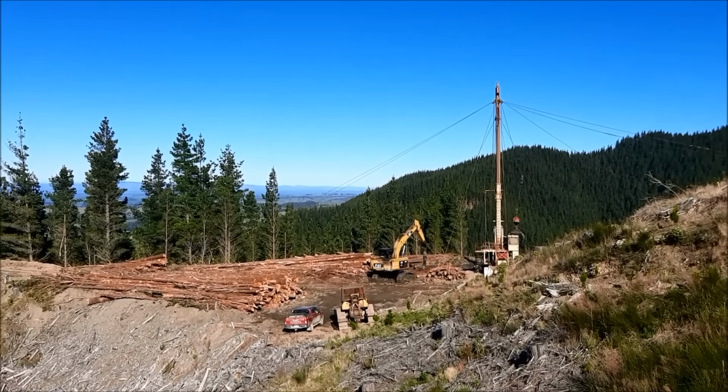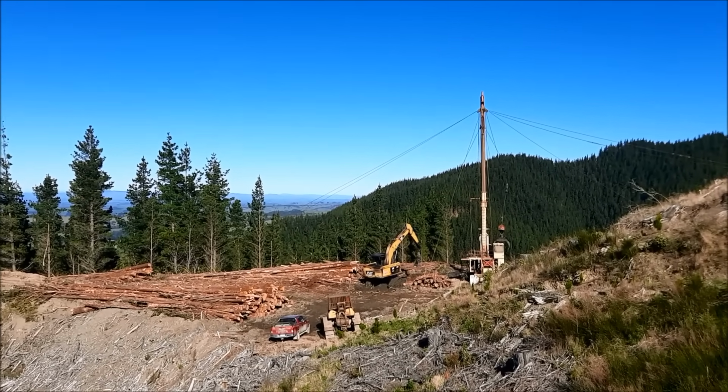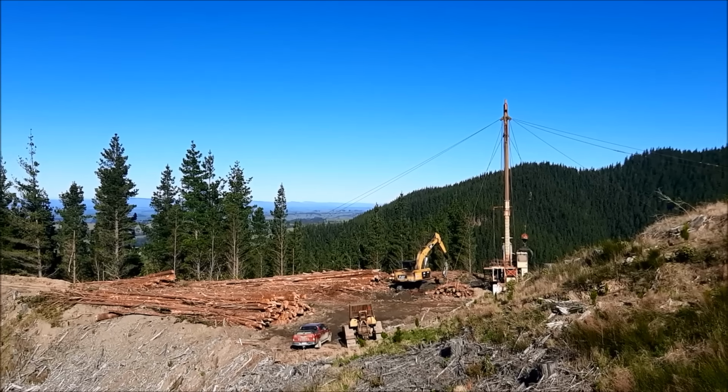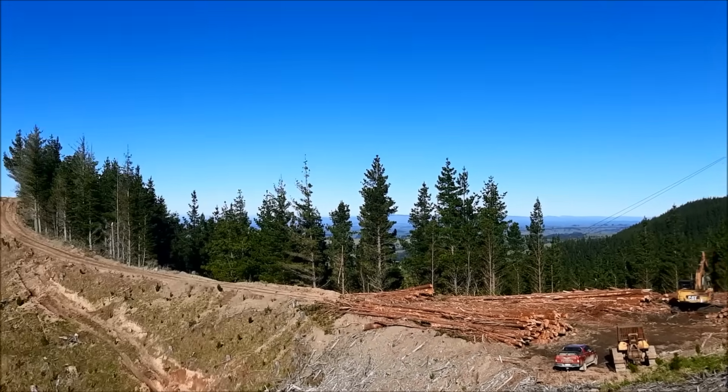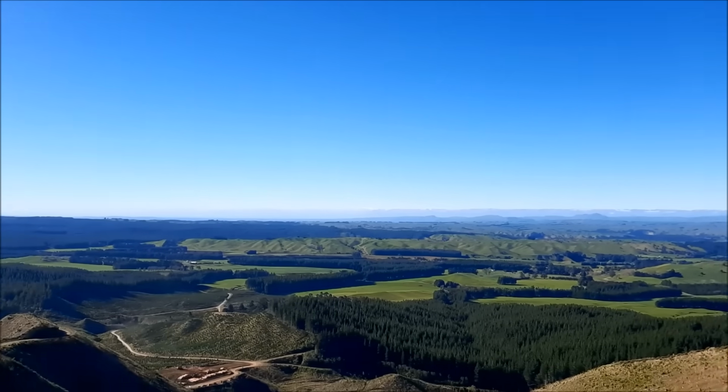Up here for a few months. Don't know how long, but a few months. Nice frosty morning today, but a nice blue clear sky day up here anyway. Out in the distance you've got